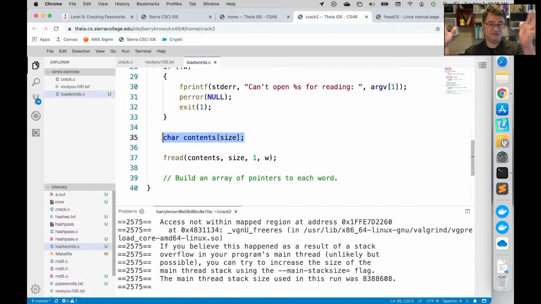This array is not going to fit on the stack. We need to put it somewhere else. Just a pointer? When you use a pointer, it puts it in memory, right? If we just said character pointer contents like this, that doesn't actually allocate space for the array. All it does is say there's a pointer to the array. We could malloc using the size. If we use malloc, it's going to put the array over in the heap area, and there we've got plenty of room to store stuff.